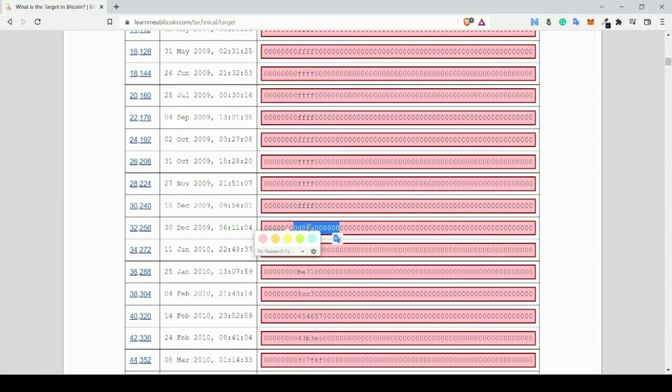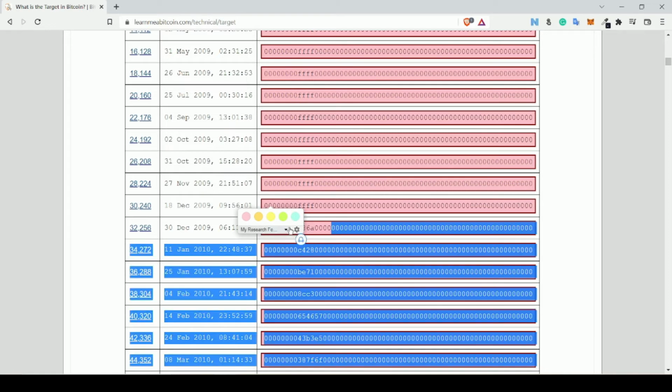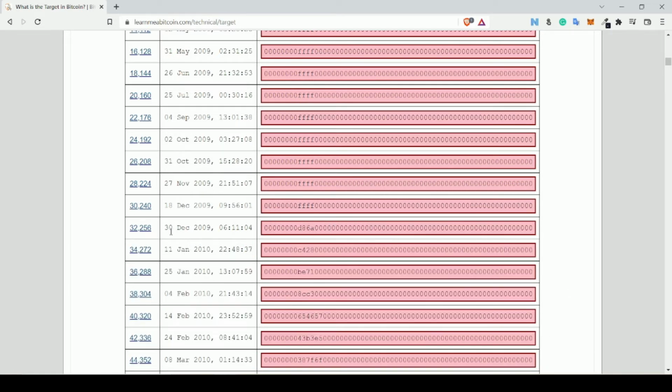So if it is D8 and this is C42, so D8, if you can clearly see, at this point of time, FFFF, right, this number is greater than this number. So what actually happened, I think, on 30th December 2009, the target decreased, in the sense this number got much less, meaning the target became much harder to achieve, because now what we are trying to do